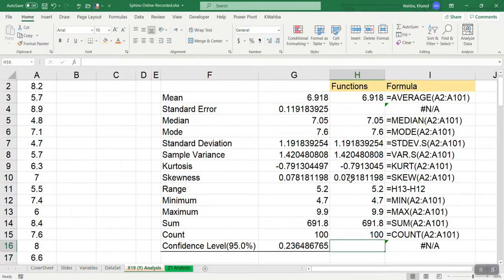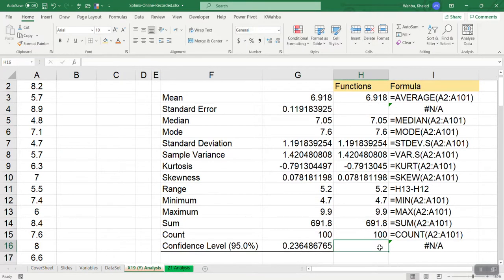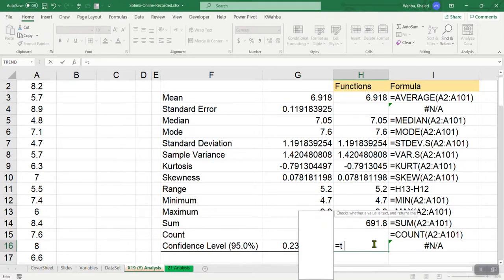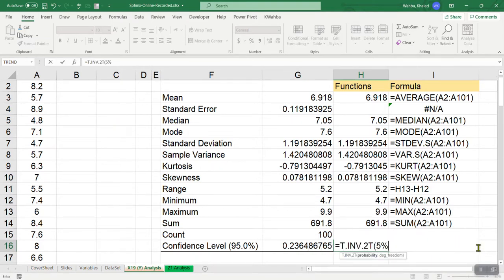This one is a little bit complicated, but let me write it here. And you remember this was for 95%. As I told you, we'll leave it like that as a default. I'm going to write the function here, but I will explain it to you in a different video or lecture. So I'm going to write the function exactly. There's something called the T function, and it's called the INV.T, and here the complement of 95% is 5%, and there is something called degree of freedom, which is this one minus 1,